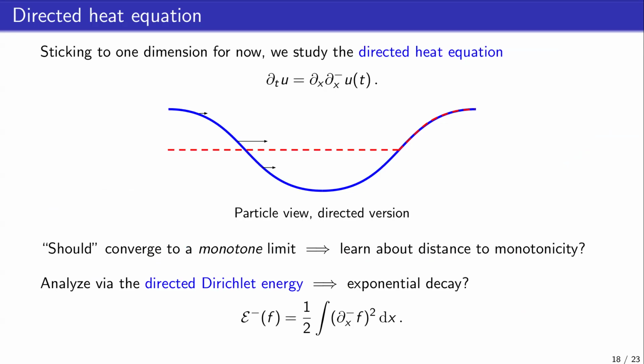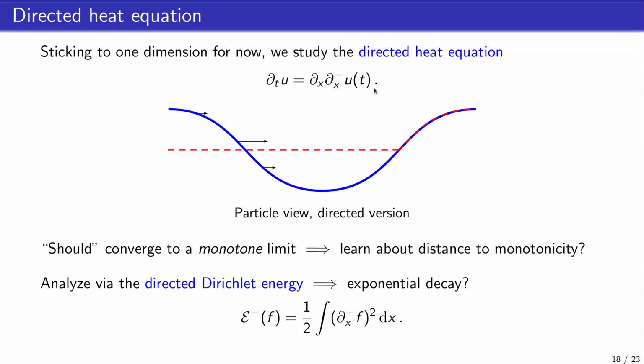So now I want to carry this connection over to the director world to claim that the same principle holds and give us the monotonicity result. So for that, I need a new PDE. I need a PDE that will converge not to the average temperature, but to some monotone function. And then I want to study how this progress occurs. So here's the PDE that I propose, and I'm calling this the directed heat equation.